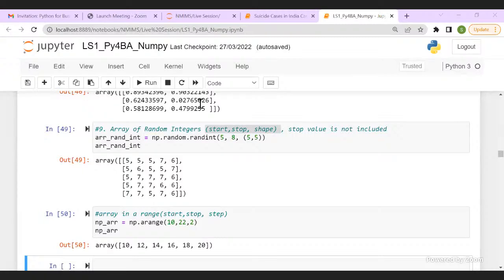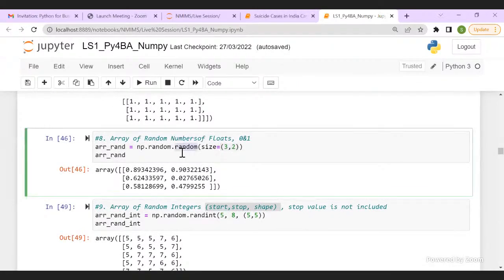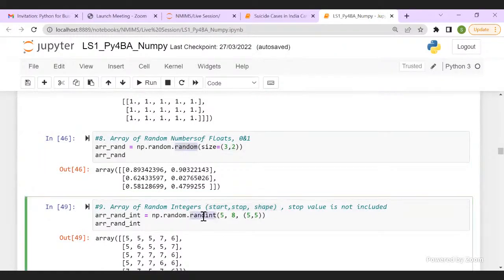Sometimes in our analysis, we have a need to generate random numbers. Those random numbers could be floats or integers. For generating floats, I have a random function in the random module of NumPy. And to generate integers, I have the randint function in the random module.